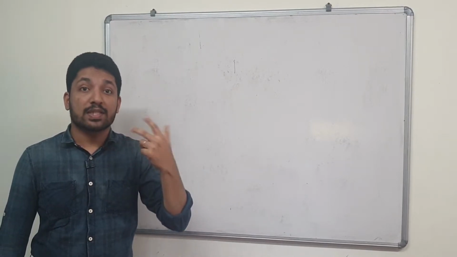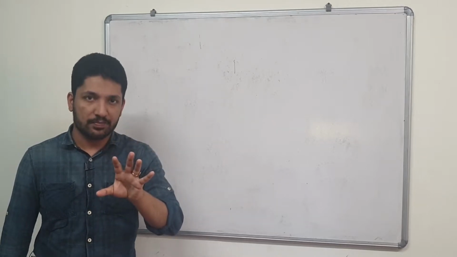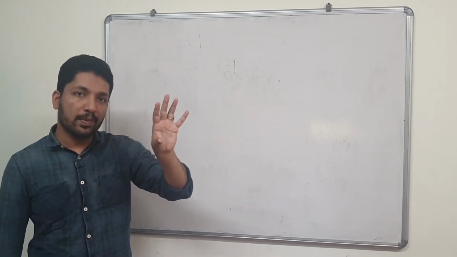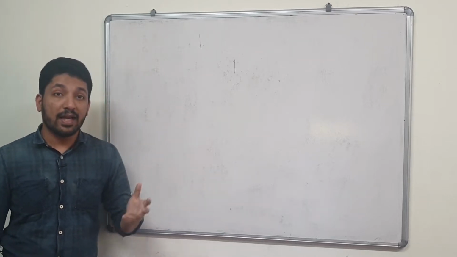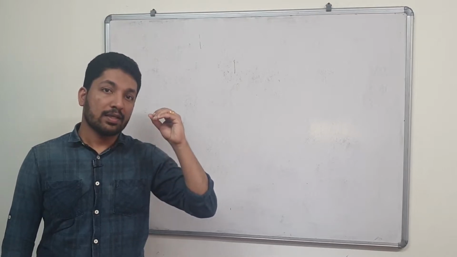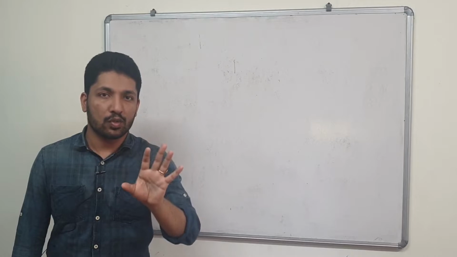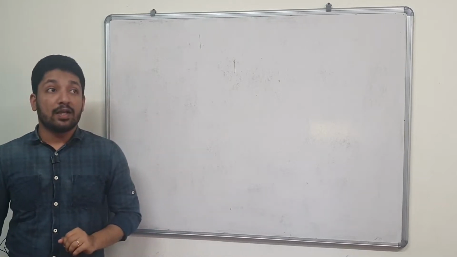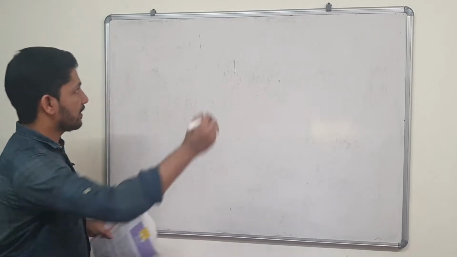Then the next class was ketone, which is represented as R C double bond O R dash. So the carbonyl group is attached to two different alkyl or aryl groups, and aldehyde is C double bond O and single bond H. There is no OH group in aldehyde. In this particular chapter, amines, I will first write the name of that.